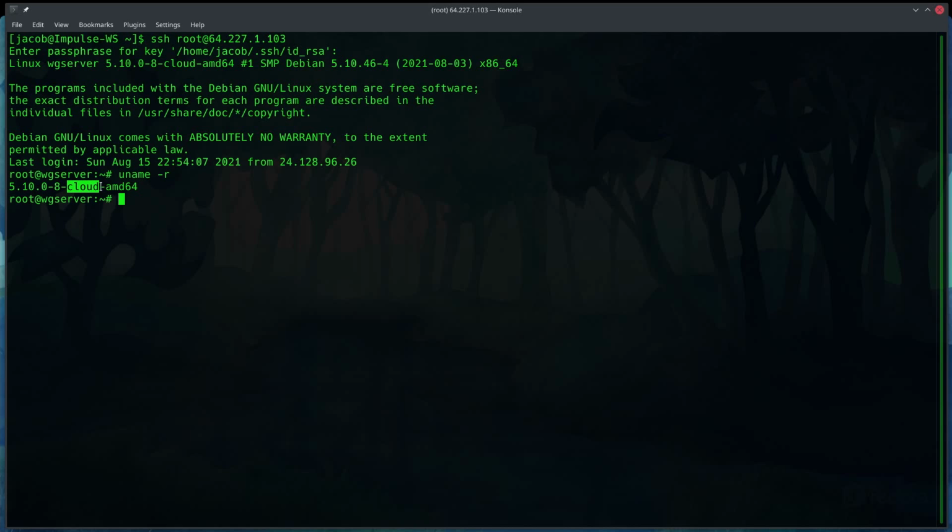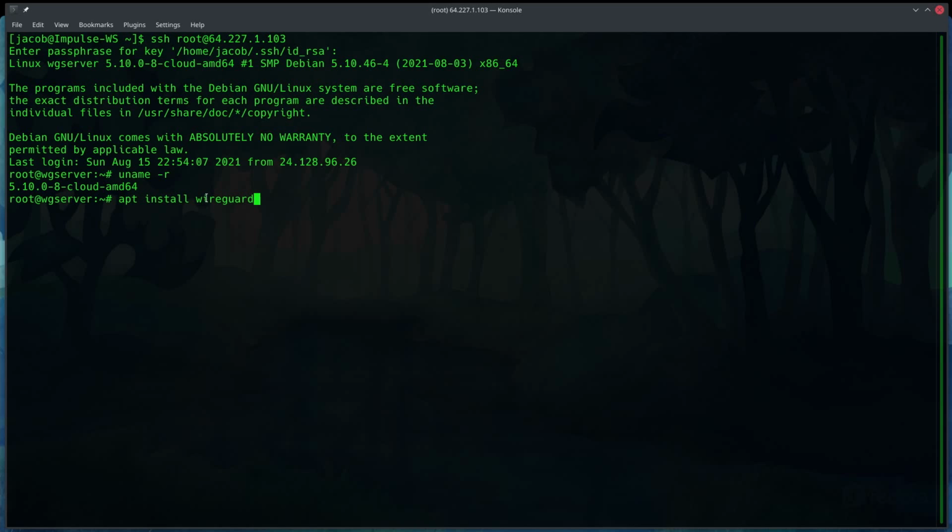is a cloud kernel. Now, some server providers, such as DigitalOcean, use cloud kernels on their machines by default, and other providers, such as Linode, use a standard generic kernel by default. In order to use WireGuard, you need to be running a generic kernel. This cloud kernel actually does not include the WireGuard module. So check what kernel you're running with uname -r, and if you're running a generic kernel, then you should be good to go, and you can just run apt install wireguard to